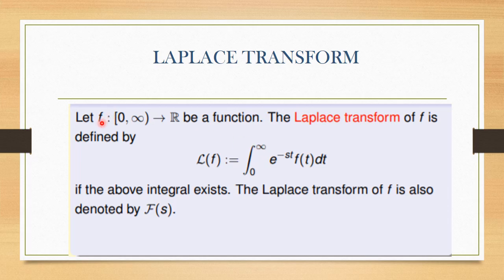So for the Laplace transform of f, we find this integral. If this integral exists, then we say the Laplace transform of the function f exists and it is denoted by F(s). Since it is a function of s, after solving this, t will be removed because we substitute the values of t in the form of the limits and we get a function of s. So if this integral exists, then that value of the integral will become the Laplace transform of f.